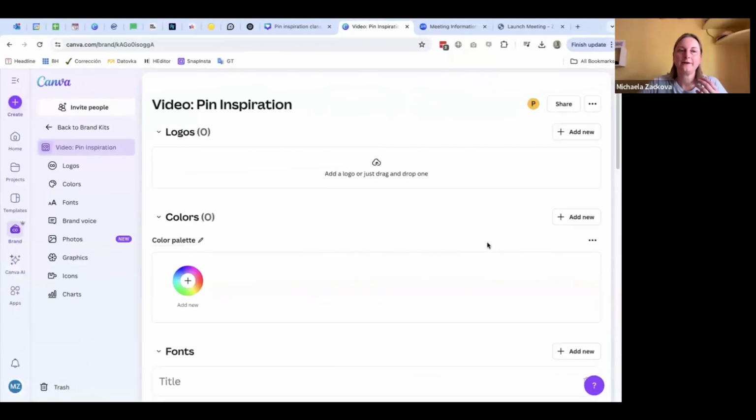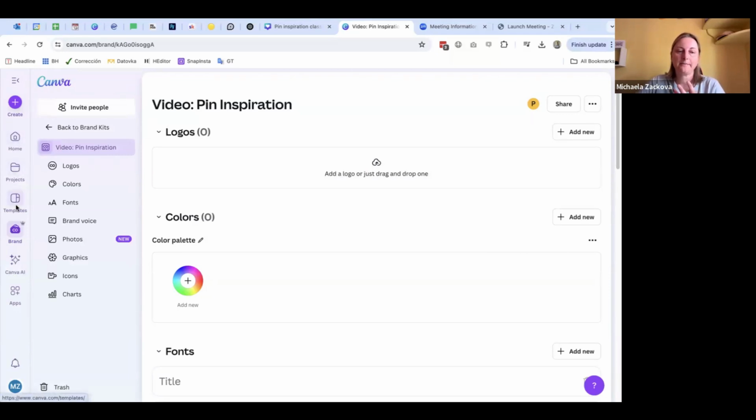Hello. Today I have a special Canva hack for you, which I think is really useful if you are creating a brand kit, or in general if you are using Canva for creating any kind of flyers, social media posts, or even Pinterest pins. So we are going to see how to create a brand kit in Canva right now. You can see right here, if you go on the Canva homepage, you can see on the left side,